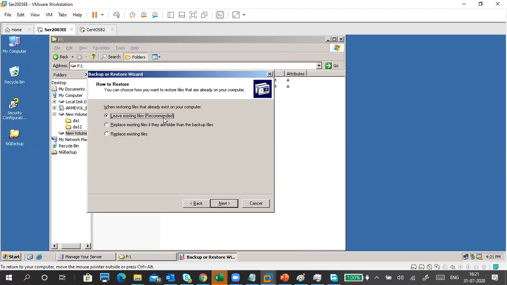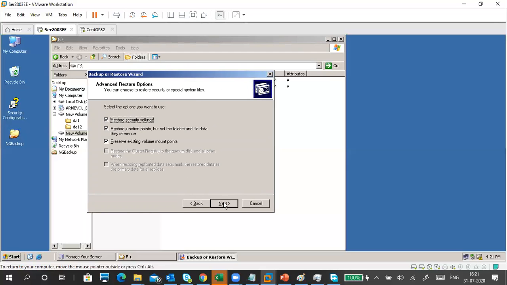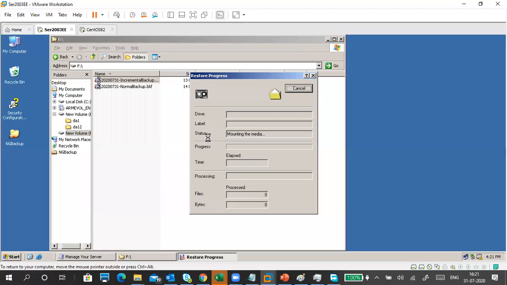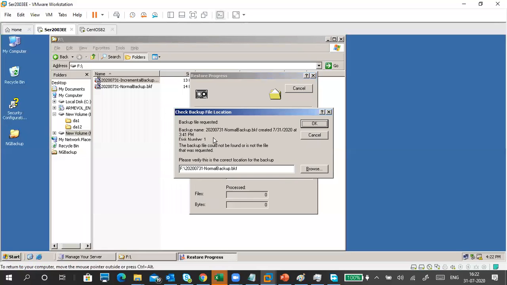Okay, leave existing files, or replace existing files, or replace existing files if they are older than the backup. So replace existing files in case existing files are already there. Leave existing files means leave them as they are. Okay, I don't have any files, so finish, then wait. This is a symbolic representation of a tape.